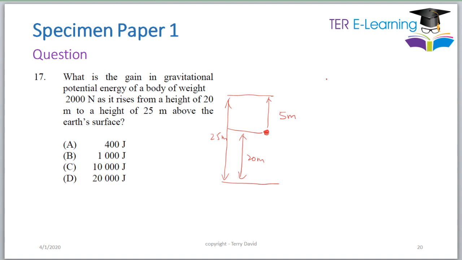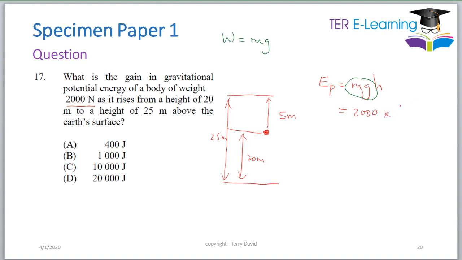Now to find the gain in potential energy, it is equal to mg delta h. They didn't give us a mass, but they gave us the weight of the object. The weight is 2000 newtons. You see this mg here in the formula, and we know that W, weight, is equal to mass times gravitational field strength. So mg is already our weight. So this is going to be 2000